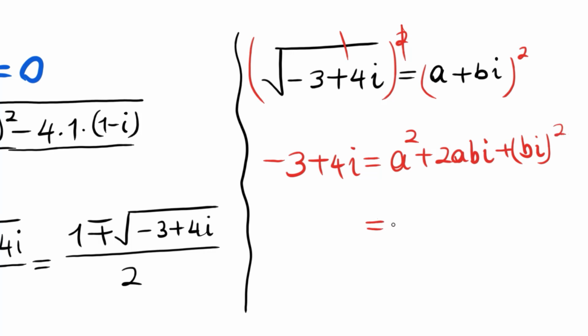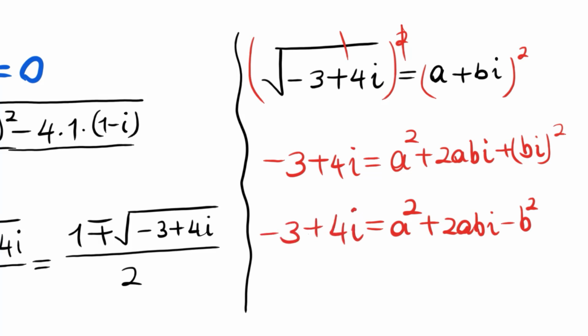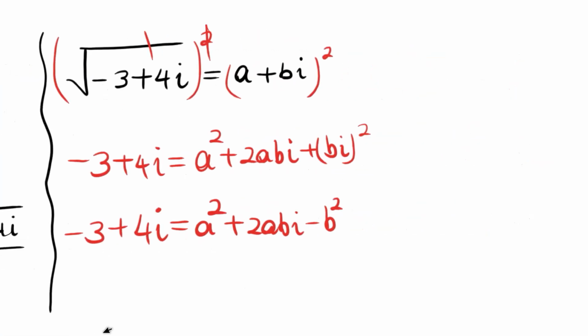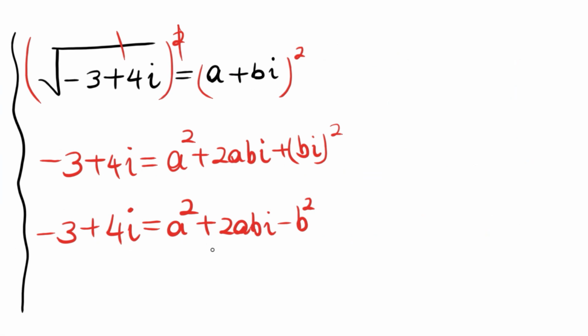This is equal to a squared plus 2abi minus b squared, since this is b squared times i squared, and i squared is defined to be negative 1, and the left hand side is negative 3 plus 4i. From this point we will equate the real and imaginary parts of the two sides. The real part here is negative 3, and the real part of the right hand side is a squared minus b squared. So we have a squared